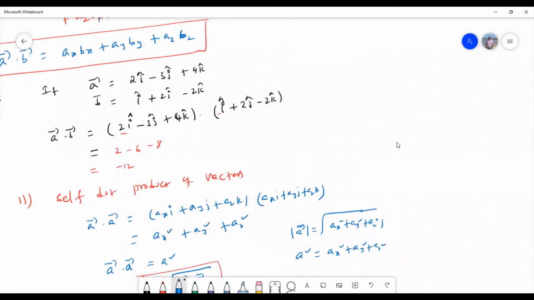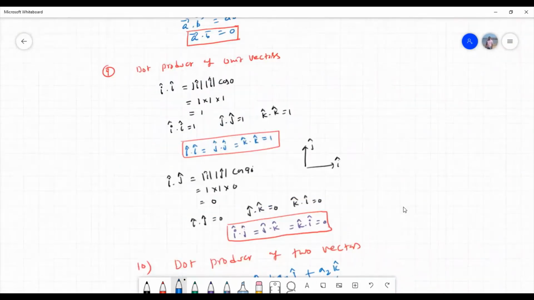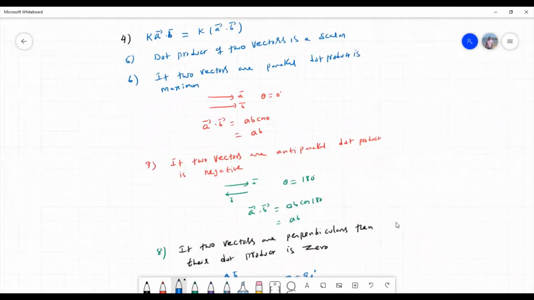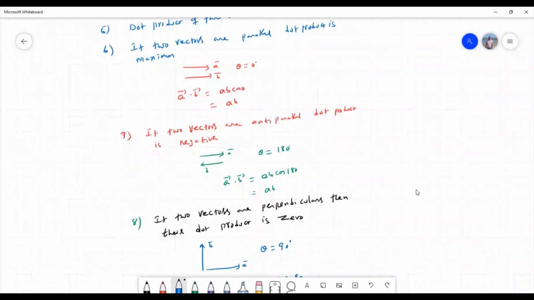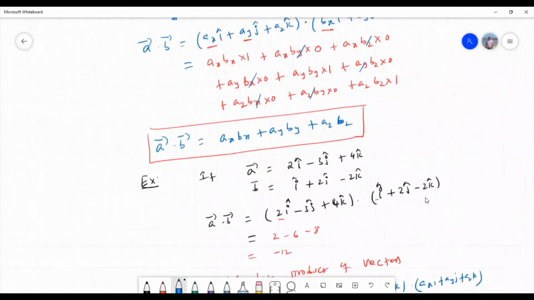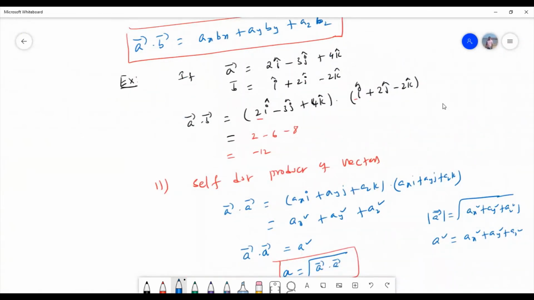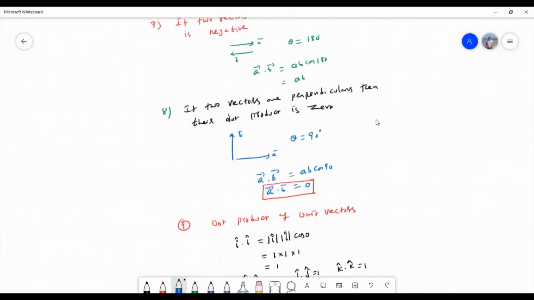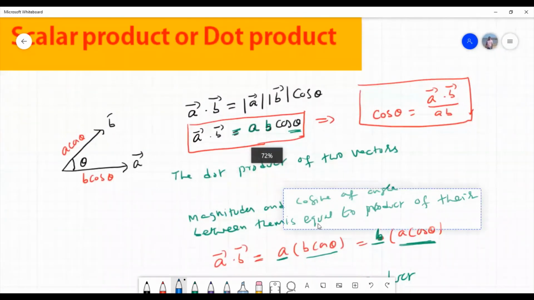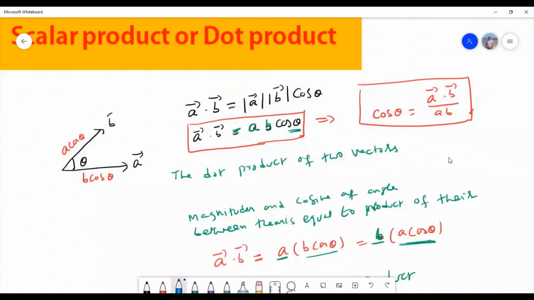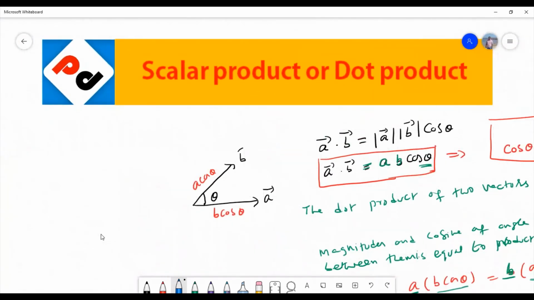So these are some important properties of dot product. In this video, I just explained what is dot product, what are the properties of dot product, and why it is called a scalar product. If you look at, I've taken the example of dot product of two vectors. See, A bar is a vector, B bar is a vector, but what is A bar dot B bar? I got a number. Number is nothing but a scalar. That's why the dot product is also known as scalar product. So I hope you understood what is dot product and what are the different properties of dot product, all this in this video.